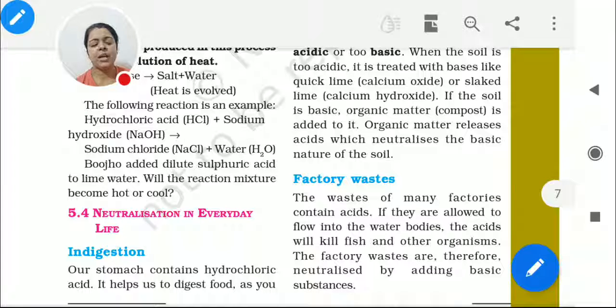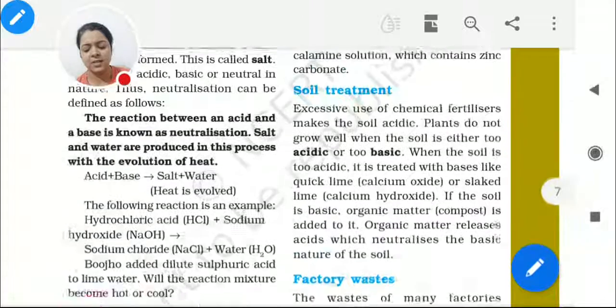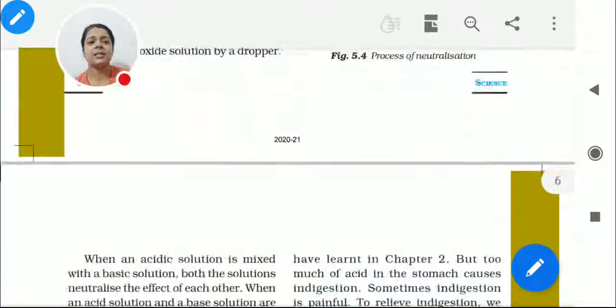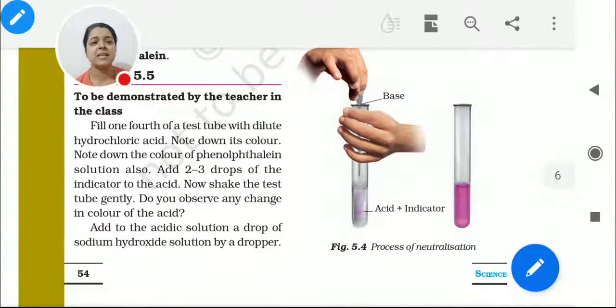When we go for the recap of this chapter, we get to know what things we learned yesterday. We learned about a number of things, especially neutralization. We got to know through an example that when we have one acid and another, the base, how can we neutralize anything? Yesterday we went through an experiment where we took 1/4 of a test tube with acid, and after that